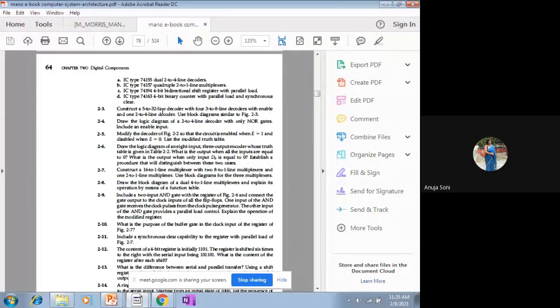In a simpler manner, it could also be constructed, because sometimes it's not necessary that the hardware equipment and pins are always available. Sometimes only smaller size decoders are available to hardware engineers. By connecting those smaller size decoders, the functionality of the bigger size decoder can also be achieved. So how can it be achieved? That we have to show in this question.